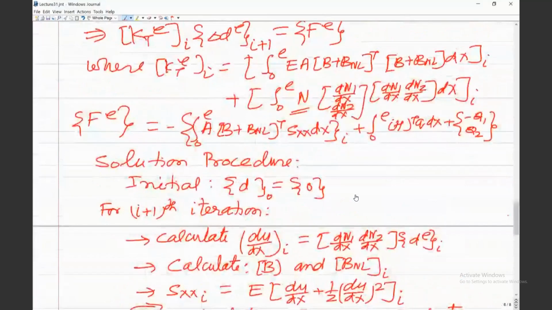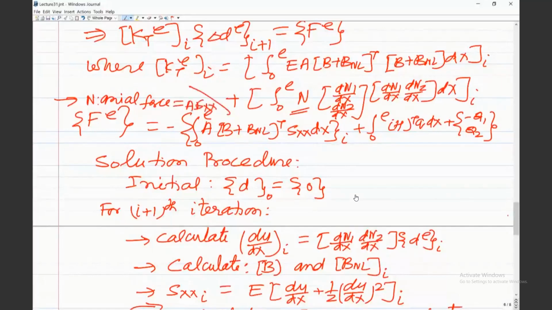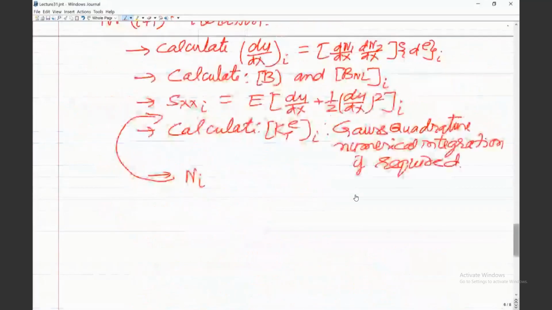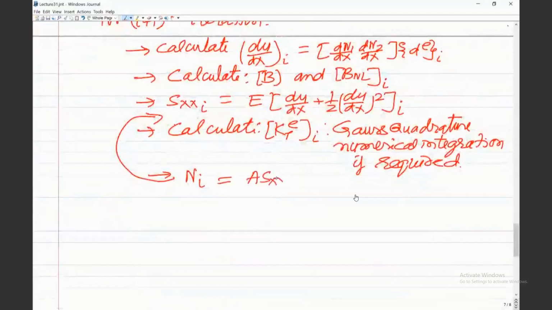This N is the axial force, and it is equal to A into Sxx. So you also need to calculate this axial force, which would be equal to A into Sxx^i. And once you have this, then you calculate your load vector Fe,